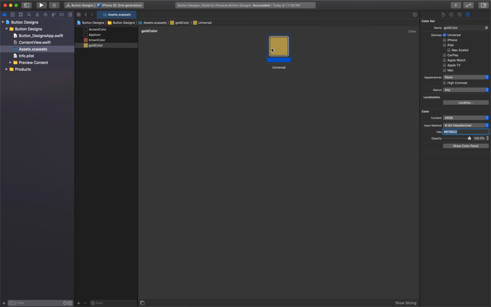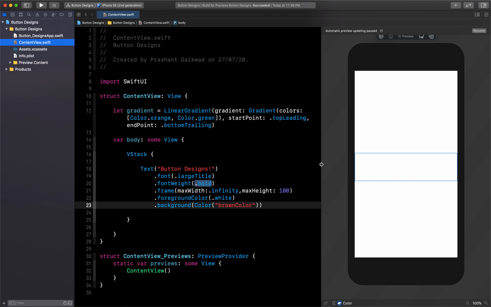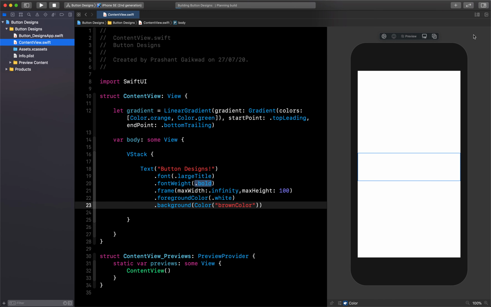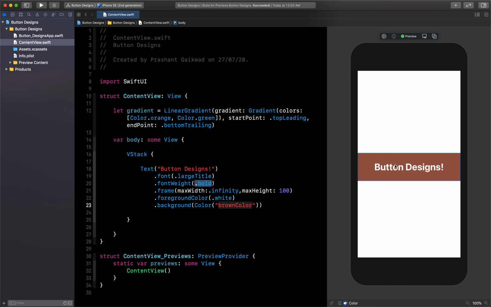This is the value we are going to use for our buttons. Now let's come back to content view and continue our coding. And here you can see, now if I resume it, and I am using the brown color here, it's working fine now.